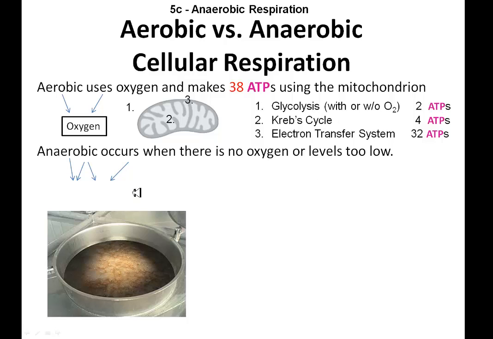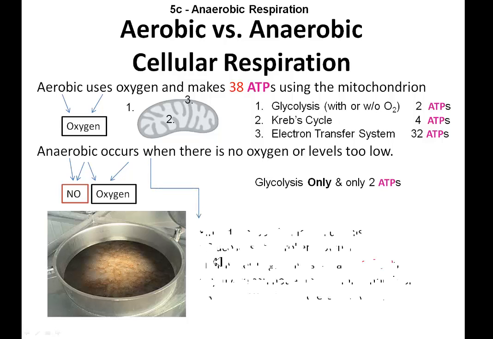Anaerobic occurs without oxygen, so that cuts off the Krebs cycle, it cuts off electron transfer, and basically what happens is no oxygen, you only get 2 ATPs. And this is yeast. This is yeast actually being prepared for not exactly sure what, but you give flour, sugar, open it to the environment, you'll get all kinds of really cool stuff growing. Or of course you can go to the grocery store and get dry yeast and put it in there along with sugar and flour, and come up with this really disgusting looking material,